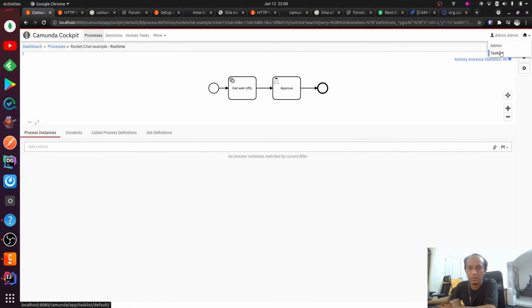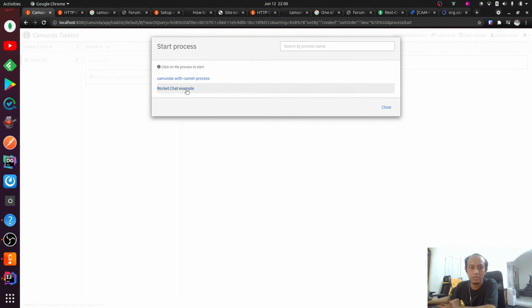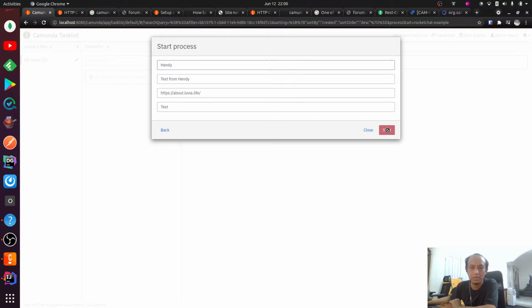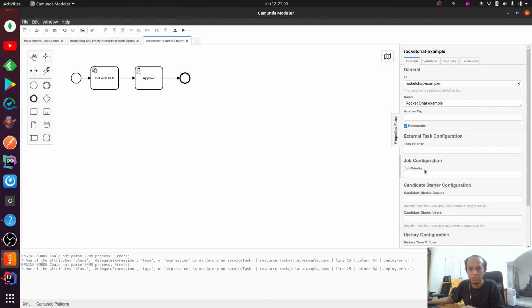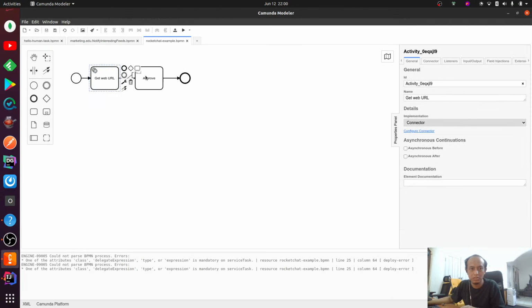Okay. Going to test this again. Start a process. Get example. Turbo name. Okay, so it says that I cannot resolve identifier connector. Why is that? It's probably because